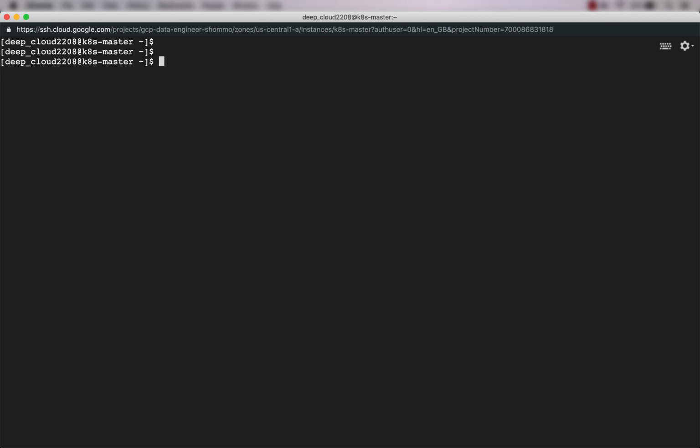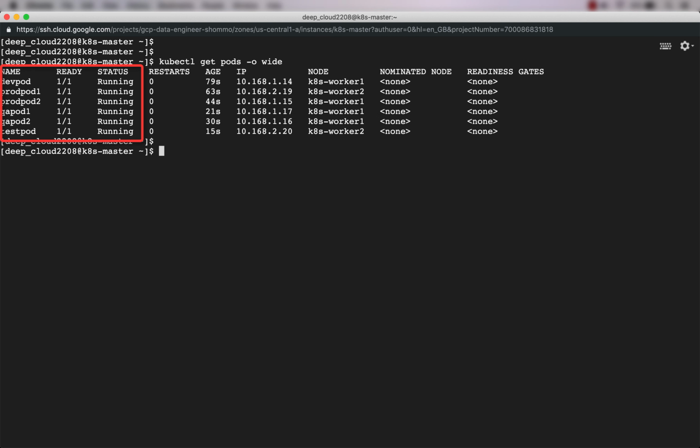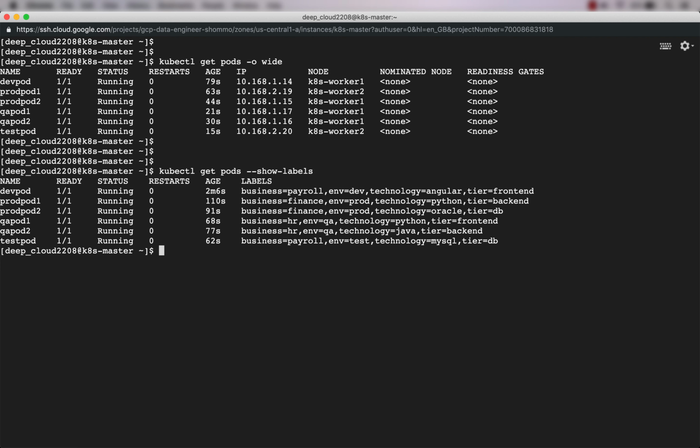Let us go ahead and take a look. So we have all the 6 pods running: dev pod, prod pod 1 and 2, QA pod 1 and 2, and finally test pod. So all of them are running. Now the thing that I want to do is see the labels of all these pods. To see the labels of all the pods, you write kubectl get pods followed by --show-labels. And it'll show you the labels of all the pods.